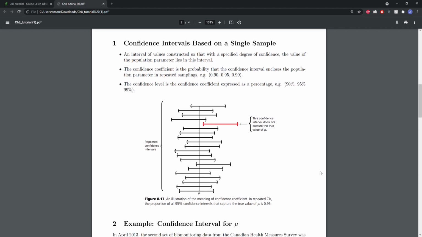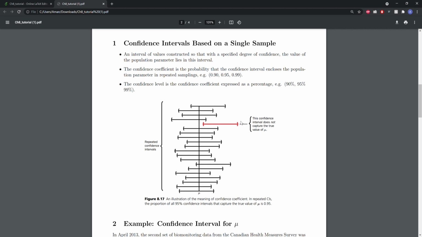Below is an illustration of what a confidence coefficient is. Each one of the horizontal lines is a 95% confidence interval, and we have 20 repeated intervals here, and each interval is based off of a separate sample. And we have the mean here, which is the vertical line, and we can see that 19 out of 20 of the 95% confidence intervals capture the true value of mu, and one of them doesn't, and it's highlighted in